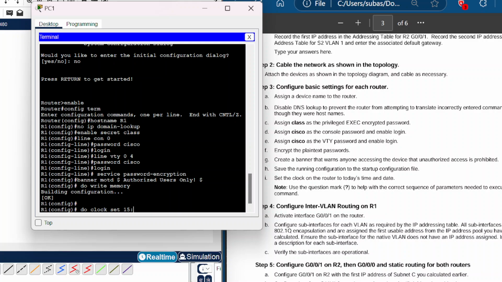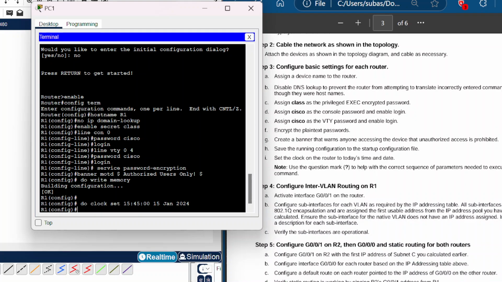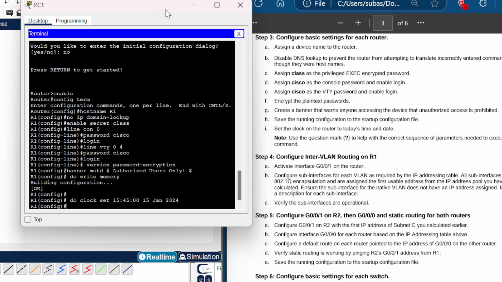I'm just going to put 15:45:27, and then 15 Jan 2024. Okay. All right. Now, okay, so now moving to